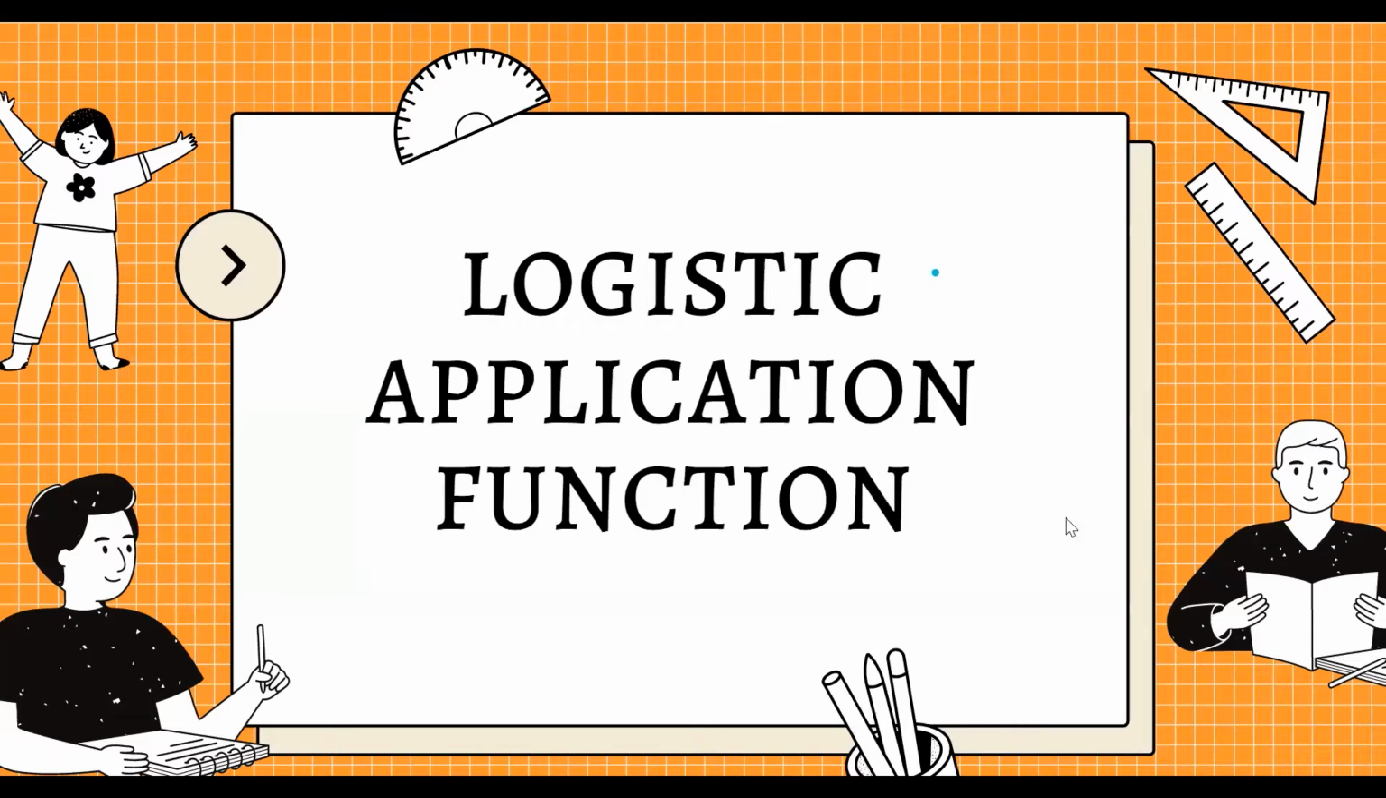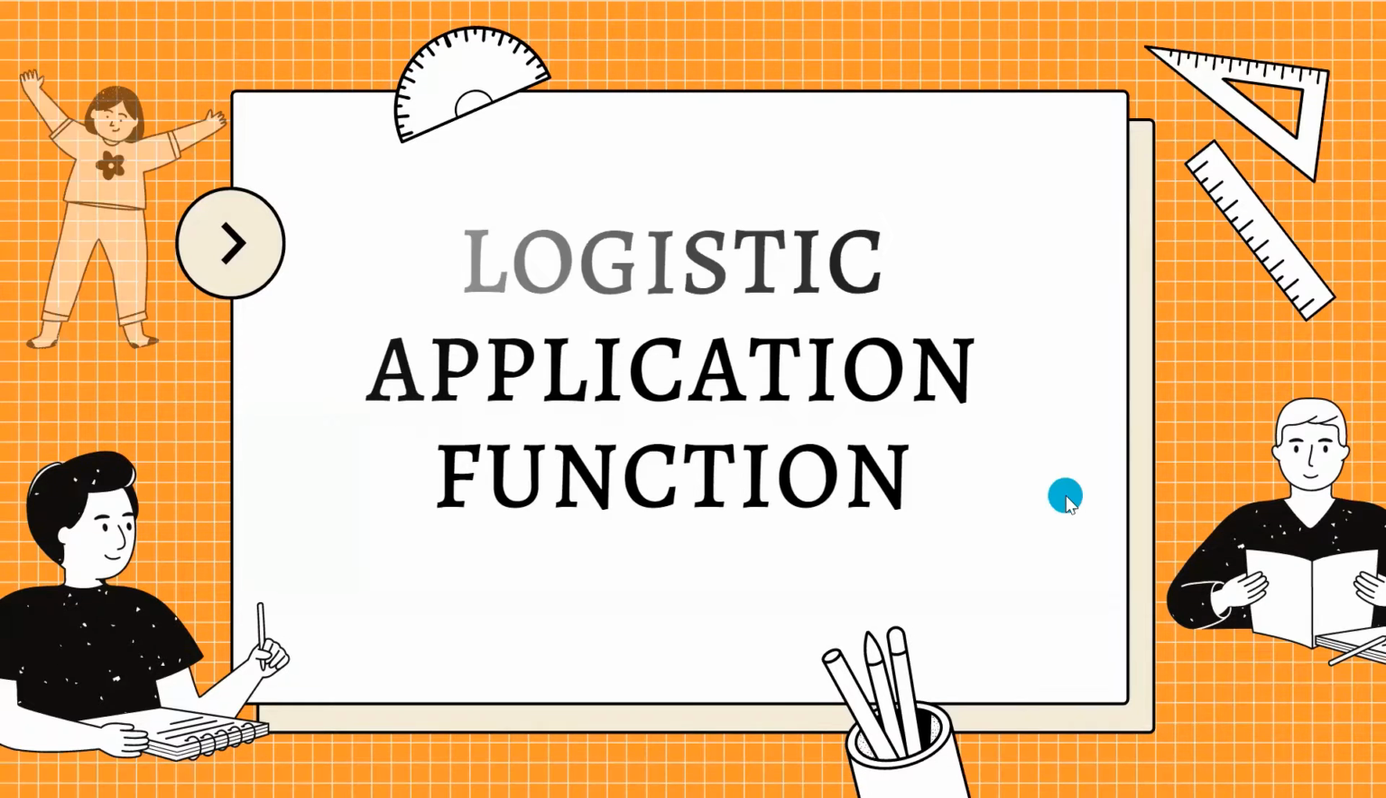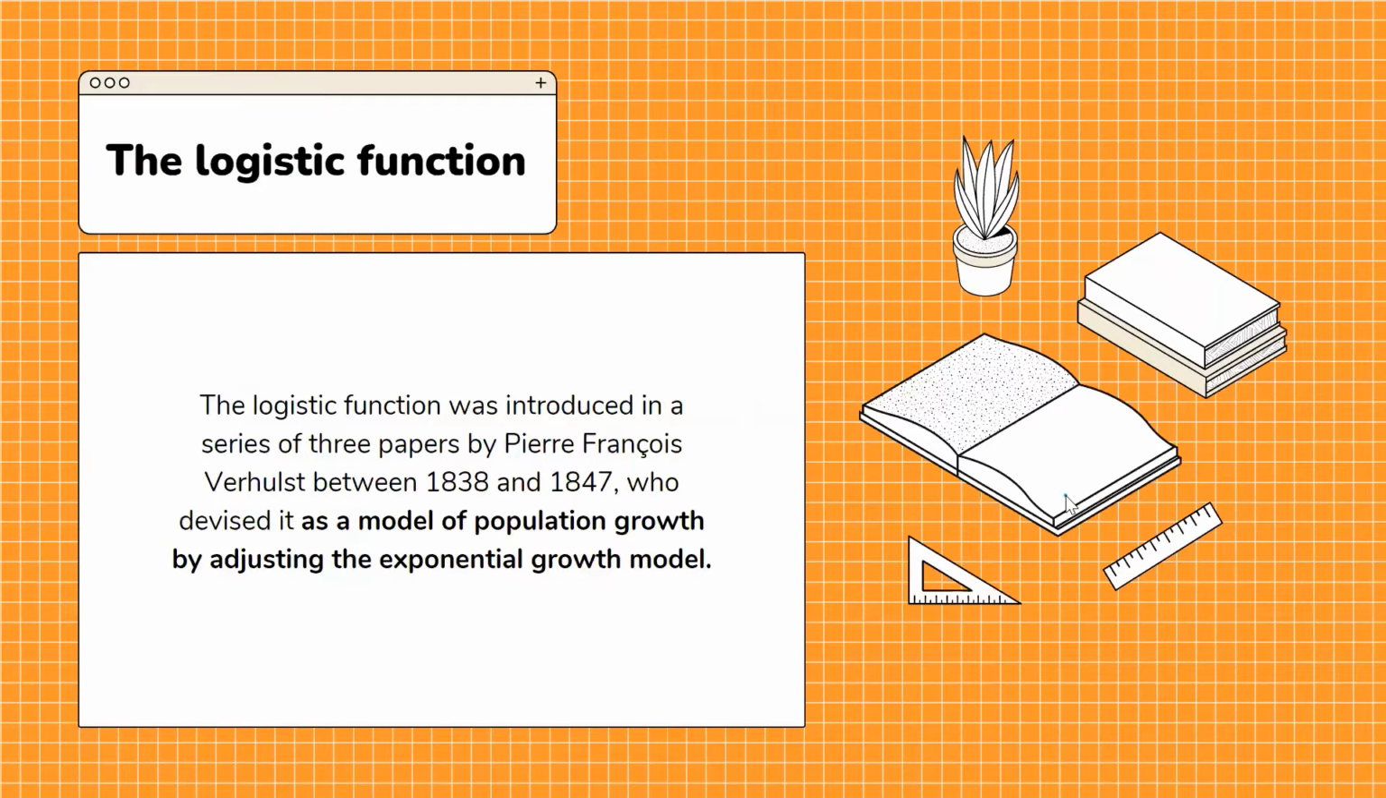Hi everyone, today we are going to introduce you to the logistic function and the wonders it could do to predict trends in economics, chemistry, and epidemiology when it is customized correctly. The logistic function was introduced between 1838 and 1847 as a model of population growth by adjusting the exponential growth